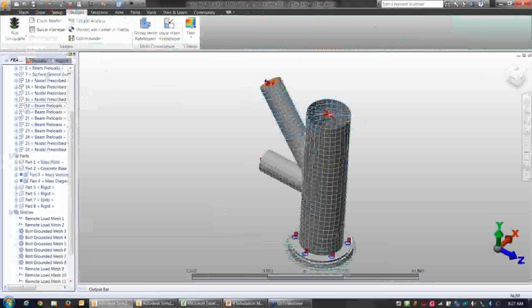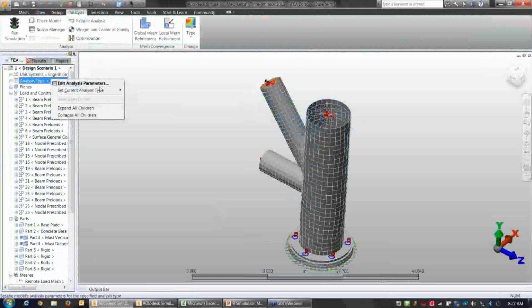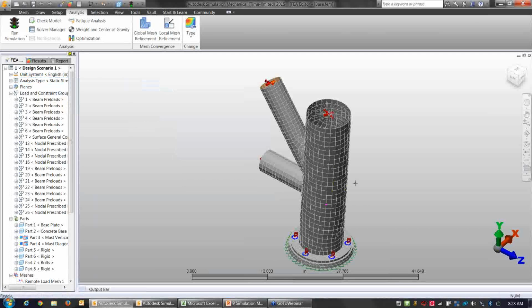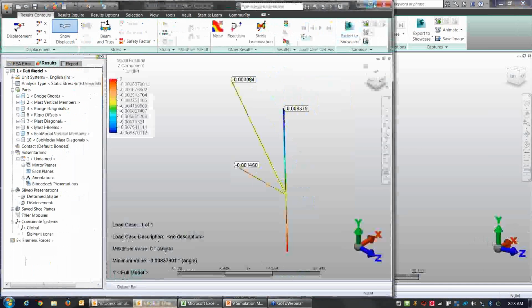And with our submodeling here, we can do different analysis types. We can look at critical buckling if we wanted to. With the full model, the beam models, it just looks at the buckling of the line in this situation. But since we've converted it to a submodel, we can look at the subsection to see if we get buckling within the walls here. So that's an advantage of switching over to the submodels. We can look at the buckling in the walls, which the critical buckling analysis with the beam elements is not going to tell us about. So we've covered the basics of translating the results from a full model